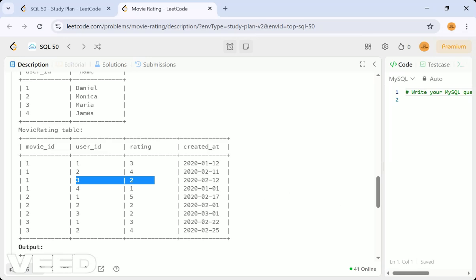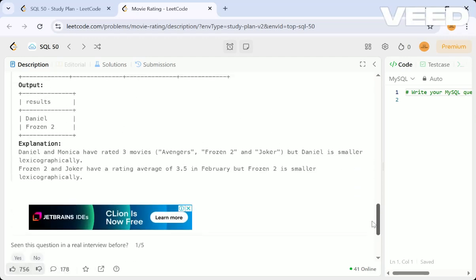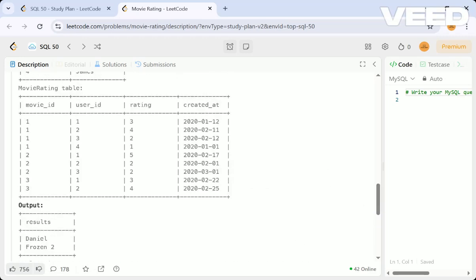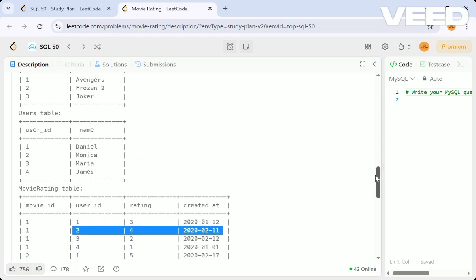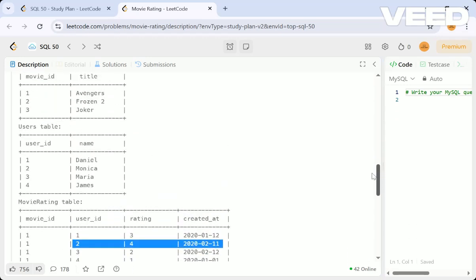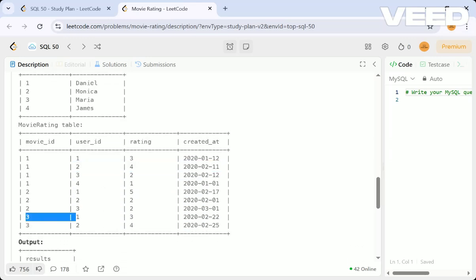Third person hasn't given anywhere, right? 2 2, that is 4. 4 by 2 is 2 only, not 3.5. Sorry, we have to check the movie ratings, right? That is 3, this 2. 3 plus 4, that is 7, divided by 2, 3.5.